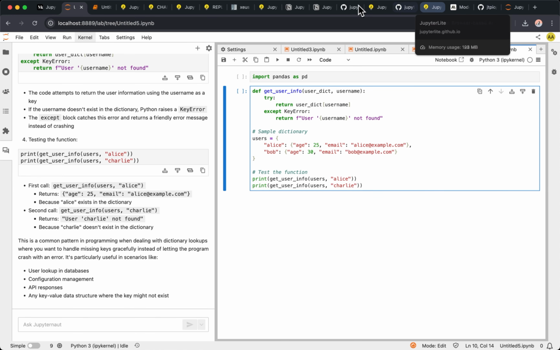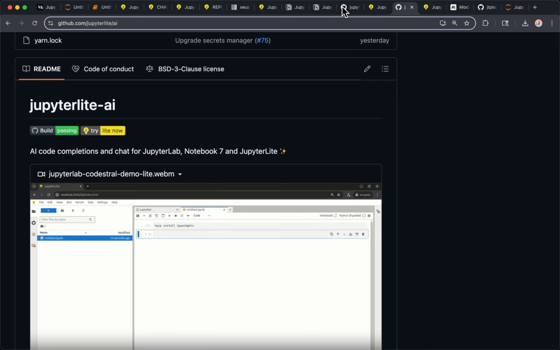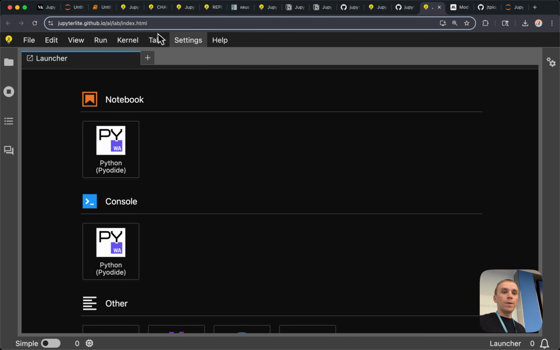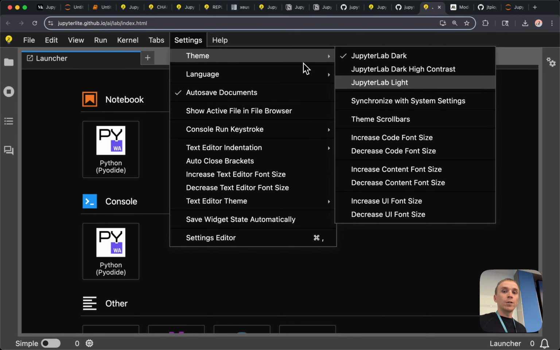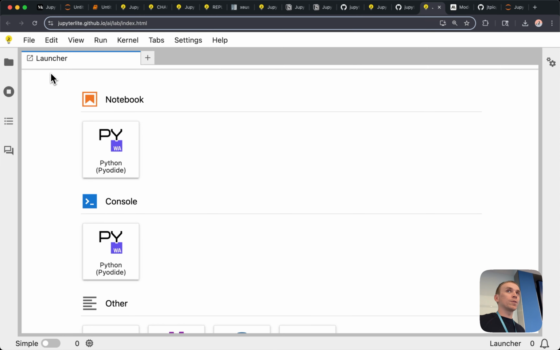So we were wondering if we could have something similar, but that runs everything in the browser instead. That would mean making the calls directly to the providers from the browser. That's why we started the work on Jupyter Lite AI. And again, the cool thing is, you can even try it yourself right now if you want. It's on GitHub Pages, jupyterlite.github.io/AI, and it will bring you there.